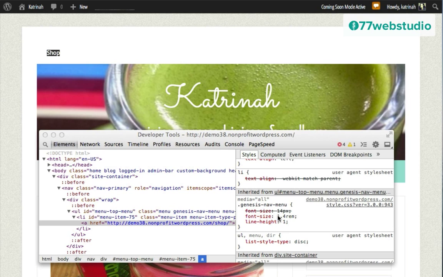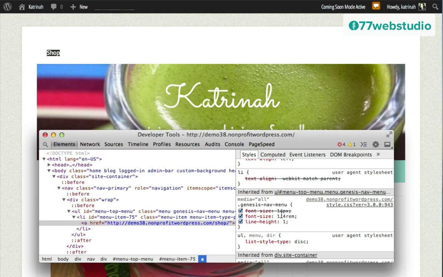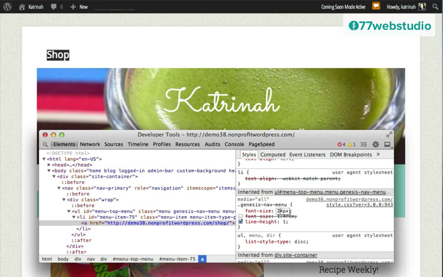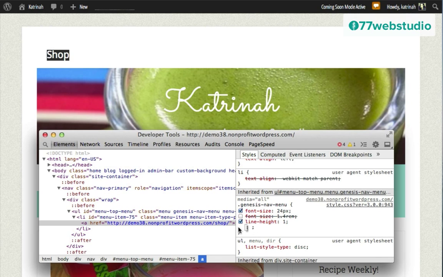So number one, I want to increase the font size, so I'm just going to uncheck this and change it from 14 to 24 to make it larger. So that looks better. And the other thing is I want to add my Google fonts. So once again, I'm going to click in this section right here, add font-family, and then I'm going to add the little line Open Sans Condensed with a closing line. So now we can see the new Google font and the larger size.